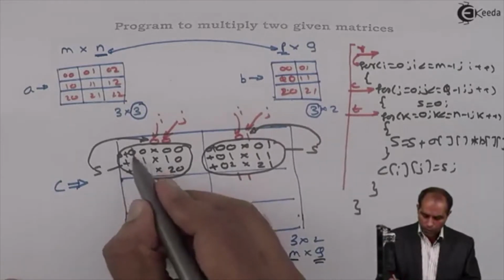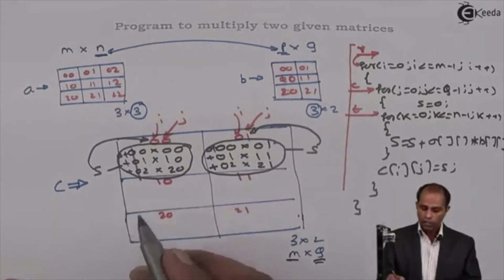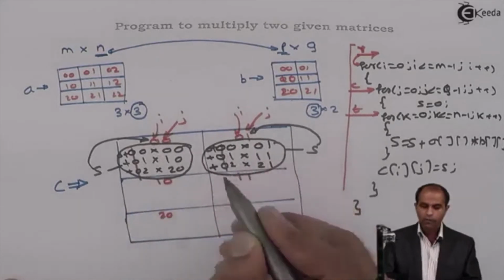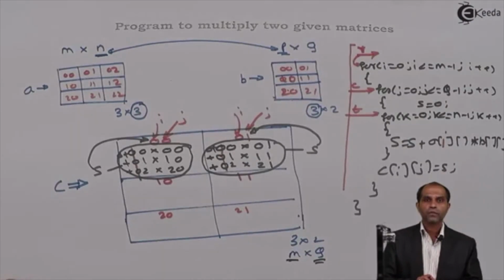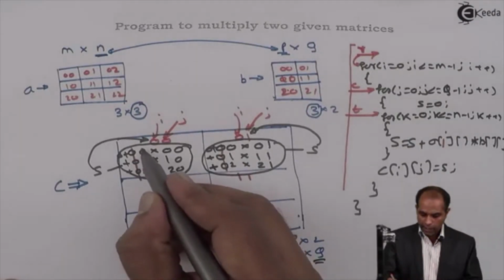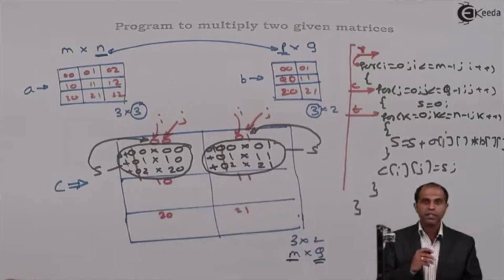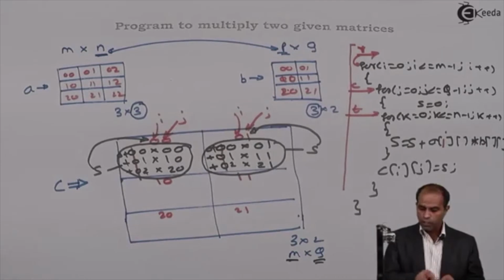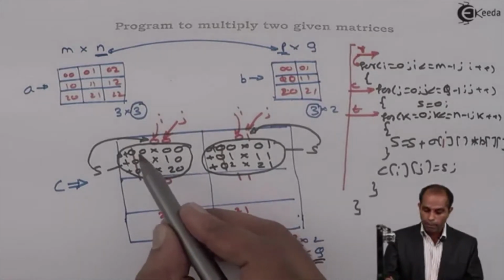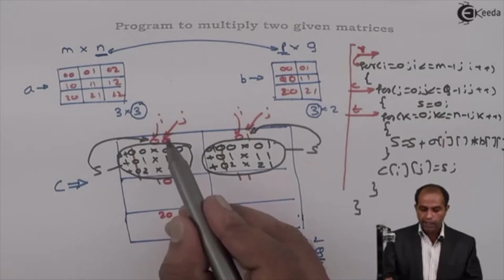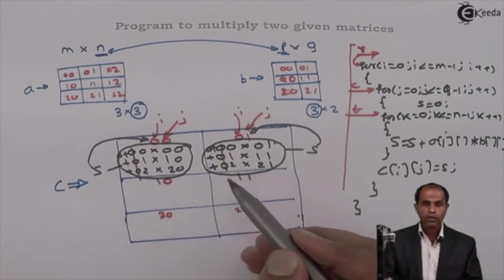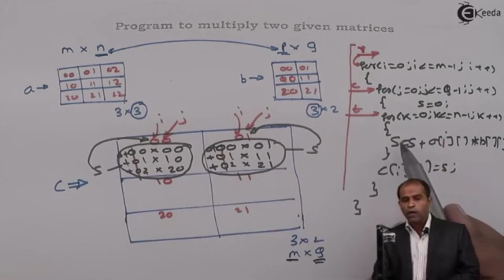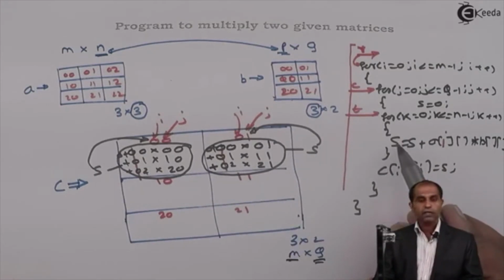If you observe, the first index of C is always going to match with I. That means the first index of A goes to I. The second index of A at this place is changing continuously. Within this, how do I change this? So here, the second index of A matches with neither I nor J, because this is continuously changing. See here, 0, 1, 2, 0, 1, 2. Within this inner loop, will I undergo change? No, I doesn't undergo change.